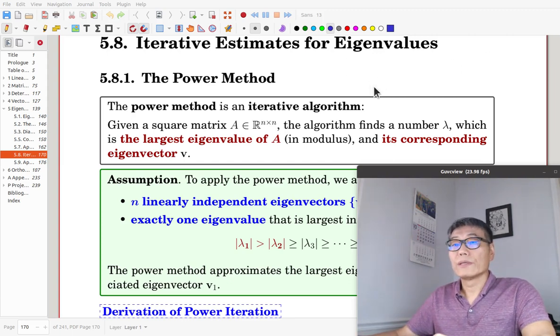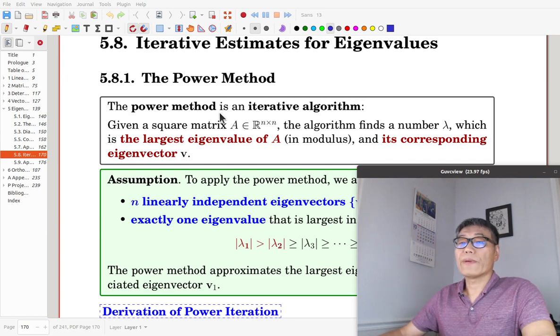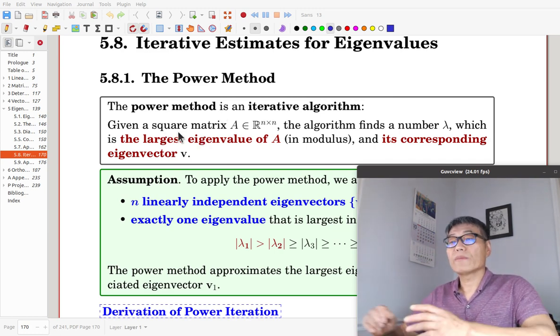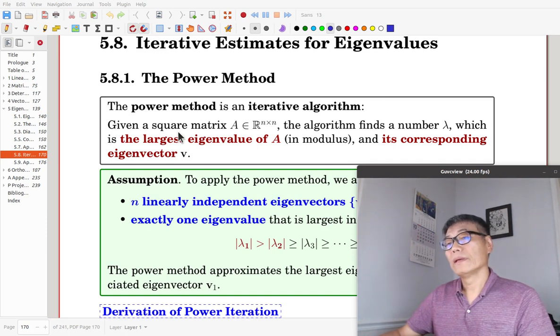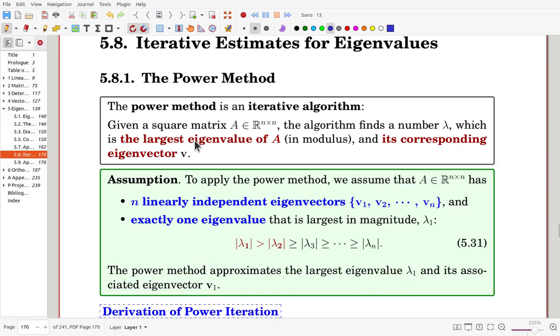In this section, we'll study computational algorithms for finding eigenvalues and eigenvectors. The power method is an iterative algorithm. Once a square matrix is given, the algorithm tries to find the largest eigenvalue of the matrix and its corresponding eigenvector. To apply the power method, we need to assume that